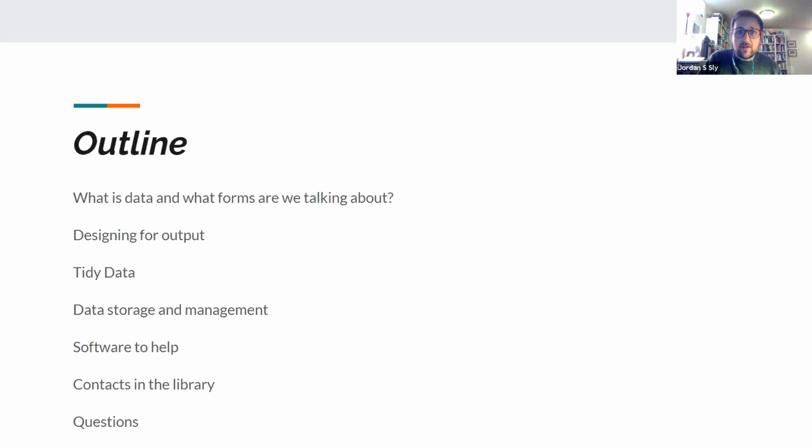So with that, we're going to look at data output with relation to data collection in terms of organization, presentation, and preparing for analysis. To do this, we're going to also look at notions of tidy data as a component of the larger philosophical notions of research data collection. We'll then move from those basic principles to some notions of data management and storage, and think about terms of best practice and other considerations along those lines. After that, we'll take a brief look at some software tools available to you through UMD, and what you can do with your data-related questions in the library. So we should have plenty of time for questions after that.